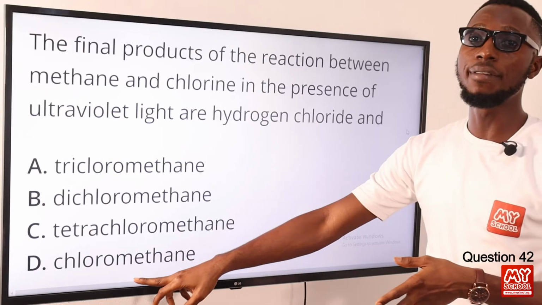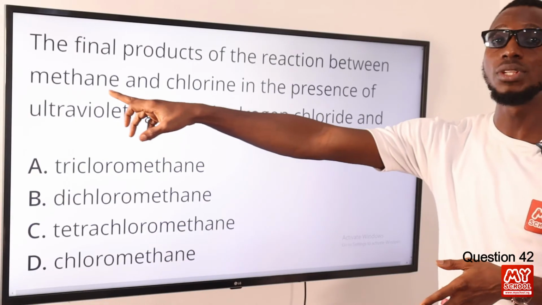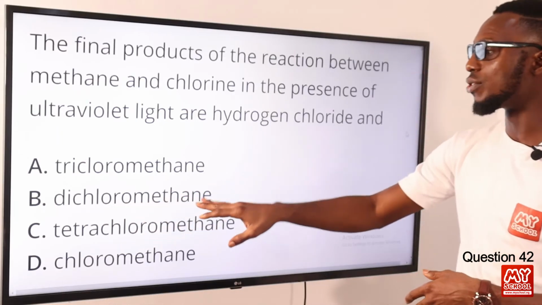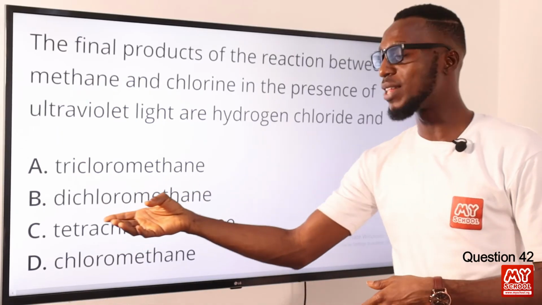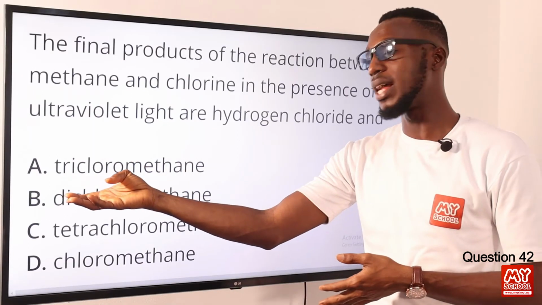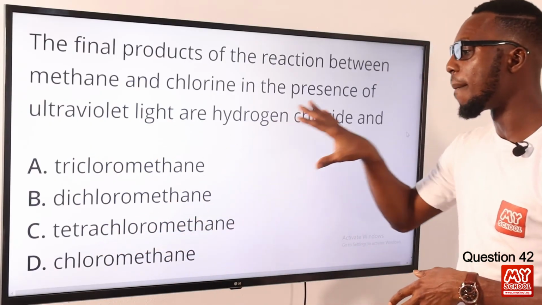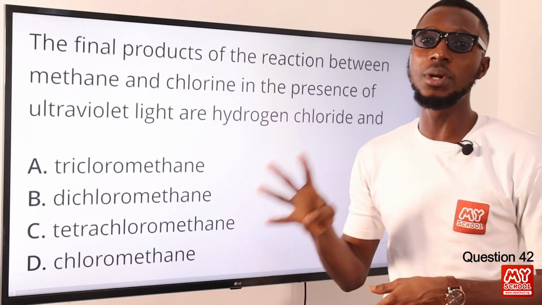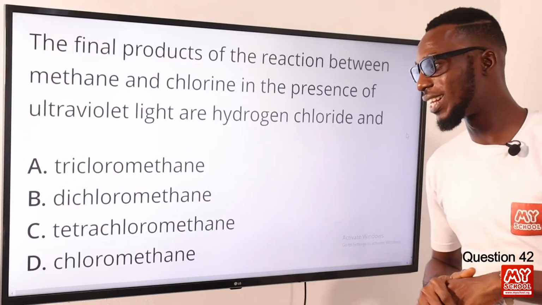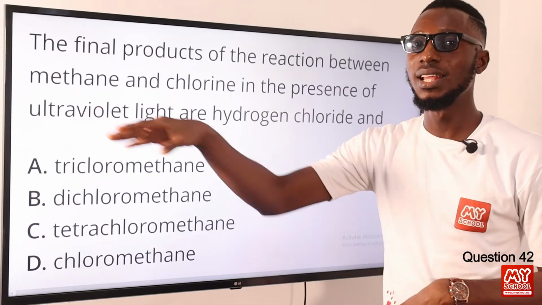The first product you are going to get is chloromethane. Right there you have 3 hydrogen atoms, so it's not going to be CH4 here, it's going to be CH3Cl. Then from there we move to dichloromethane, which means we have 2 chlorine atoms and 2 hydrogen atoms. Then we have trichloromethane, with 3 chlorine atoms and 1 hydrogen atom. Then tetrachloromethane, with 4 chlorine atoms and no hydrogen atoms. So that is CCl4. It's just a substitution reaction whereby a chlorine atom comes to replace a hydrogen atom.